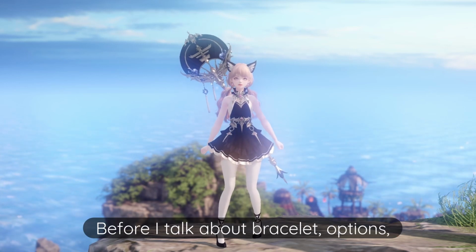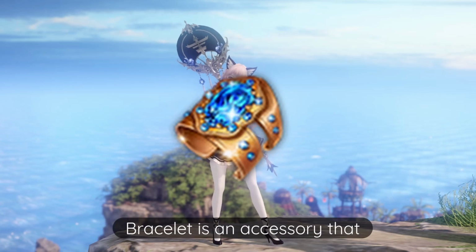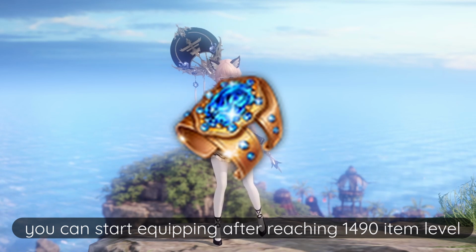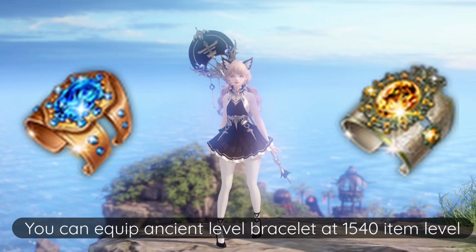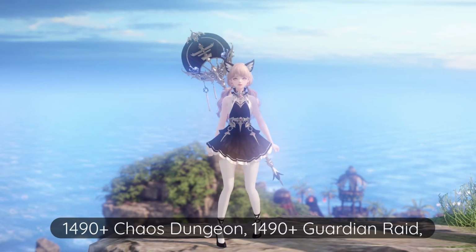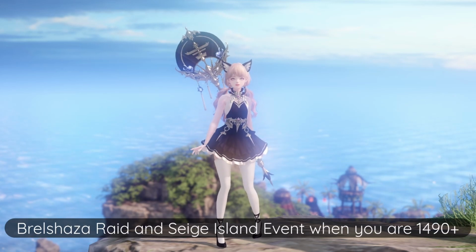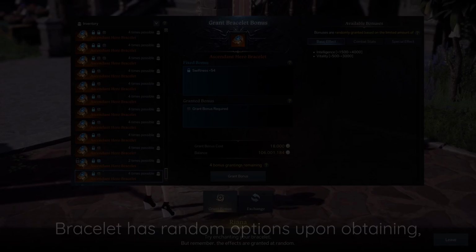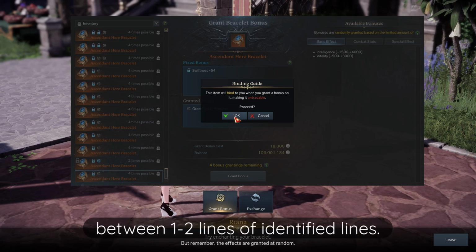Before I talk about bracelet options, first I'll explain what a bracelet is. A bracelet is an accessory that you can start equipping after reaching 1490 item level. You can equip an ancient level bracelet at 1540 item level. You can obtain bracelets from 1490 plus chaos dungeons, 1490 plus guardian raids, the Braille Shelter raid, and the Siege Island event for 1490. Bracelets have random options upon obtaining, and there are a random number between 1 to 2 lines